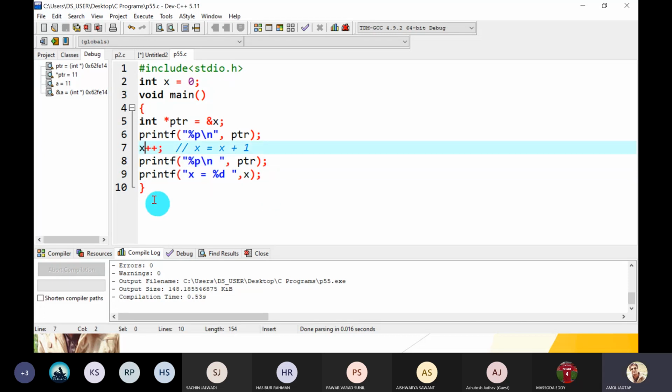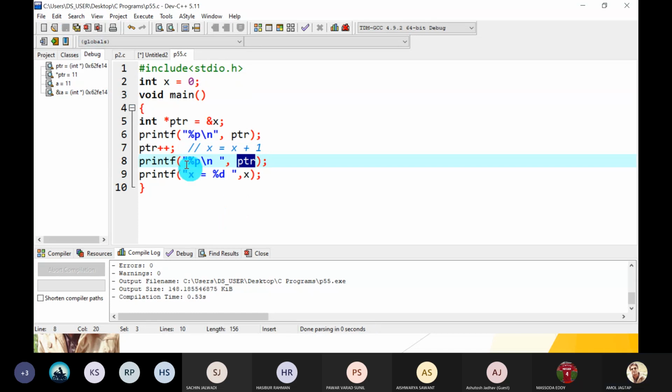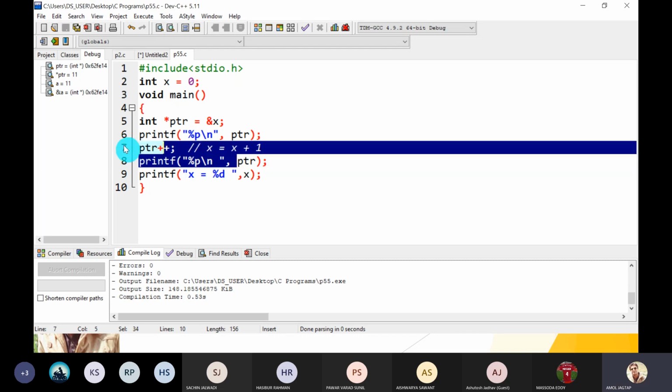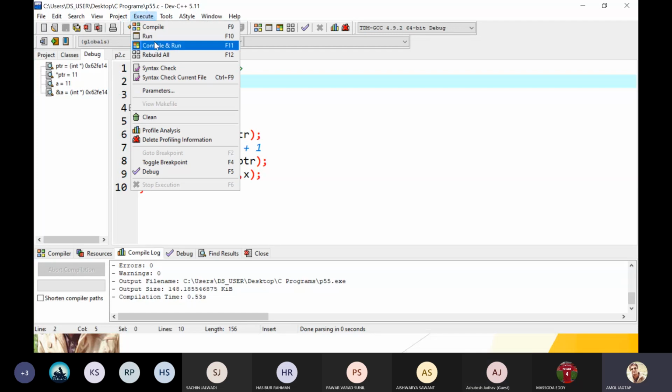Understood? But if you increment PTR plus plus, now is this PTR address and this PTR address the same or different? Now here we increment PTR, not the value. Different, yes.